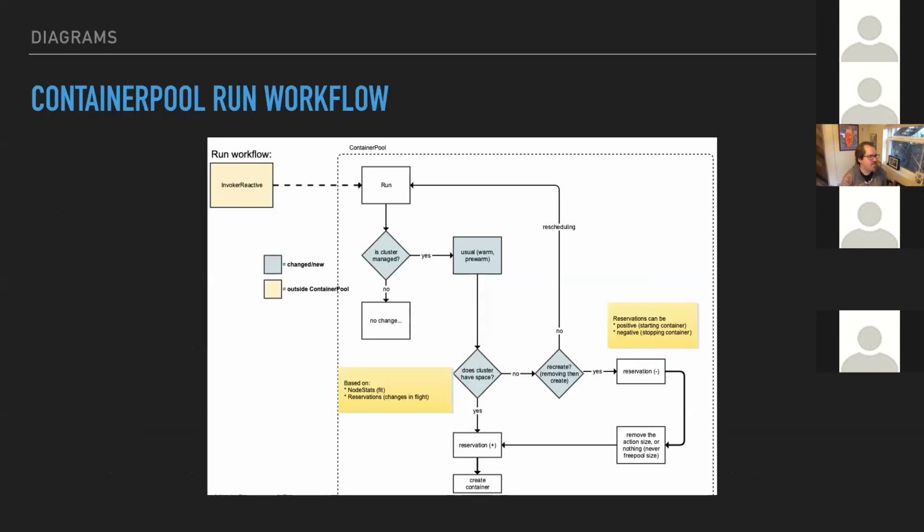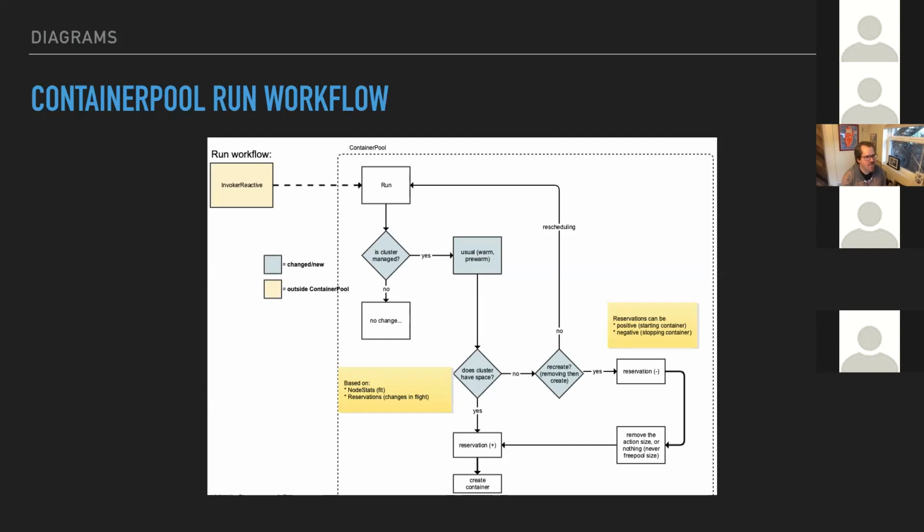So just to kind of diagram at a high level what these changes are. So the basic change is in the run message handler in the container pool. And so, first of all, we only want to change things for things that are behaving in a cluster managed container factory. I can't get my mouse to show up in presenter mode here in Keynote, but if you go through the first step of run, we check, is it cluster managed?